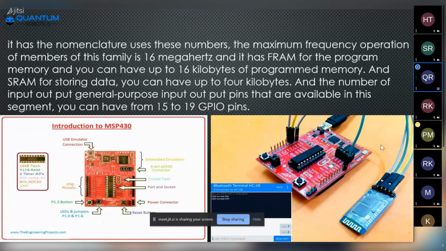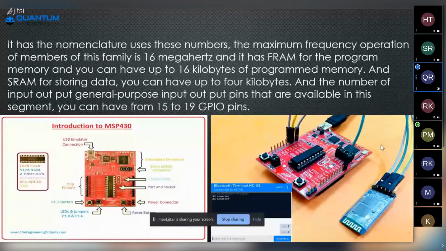The number of general purpose input output pins available in this segment is from 15 to 19 GPIO pins.